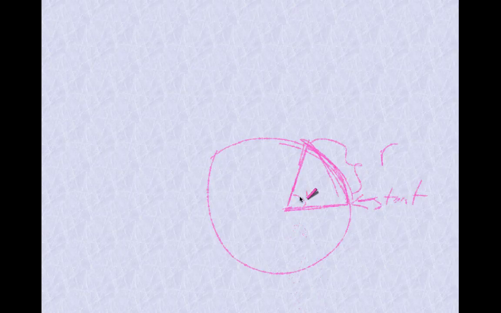But if here's my radius, and I start right here and start going around and measuring, and I want to end up where this measure is also r, when I've done that, the angle between where I started from and where I landed is 1 radian. So a radian is the amount of rotation it takes to go 1 radius worth around the edge of a circle. Okay, so that's what a radian is.